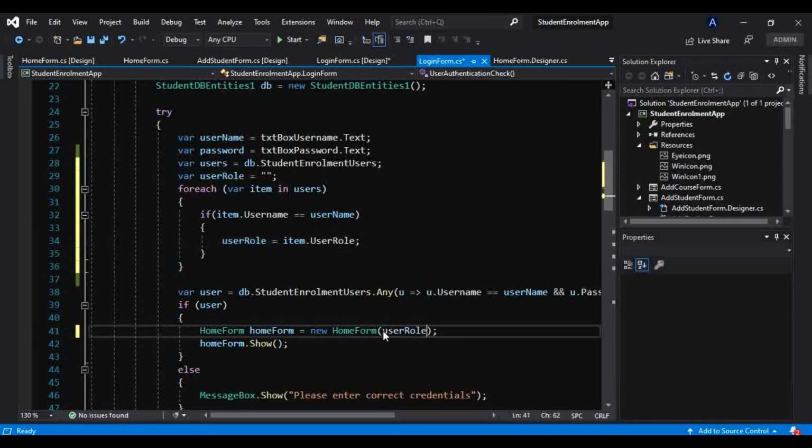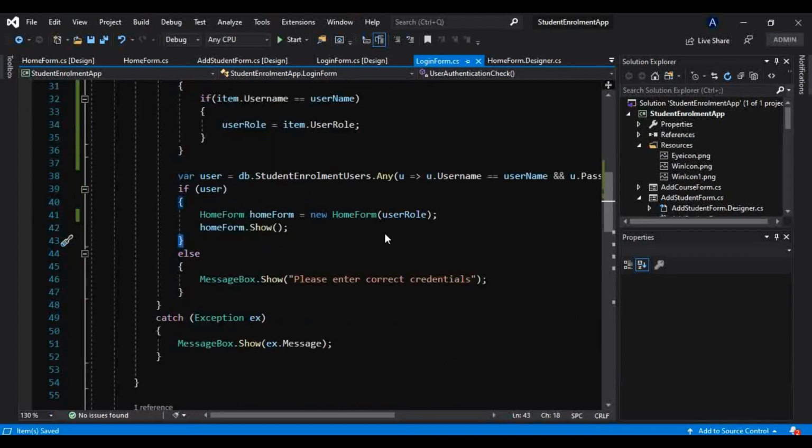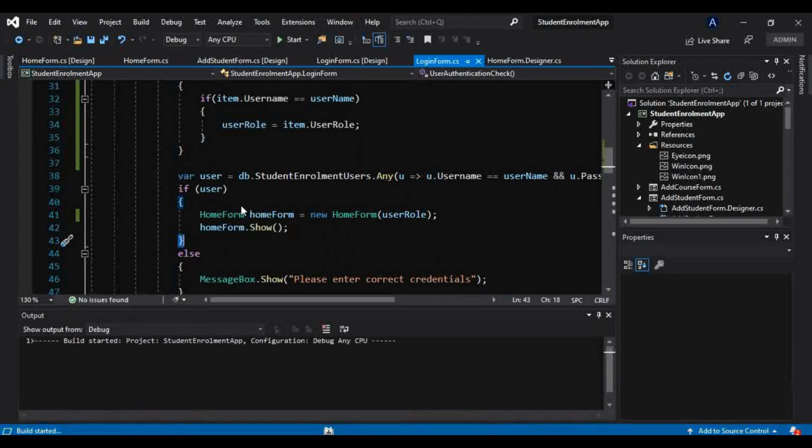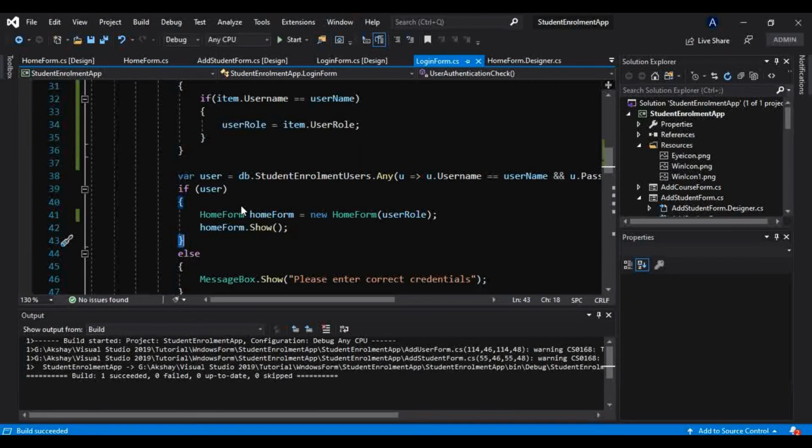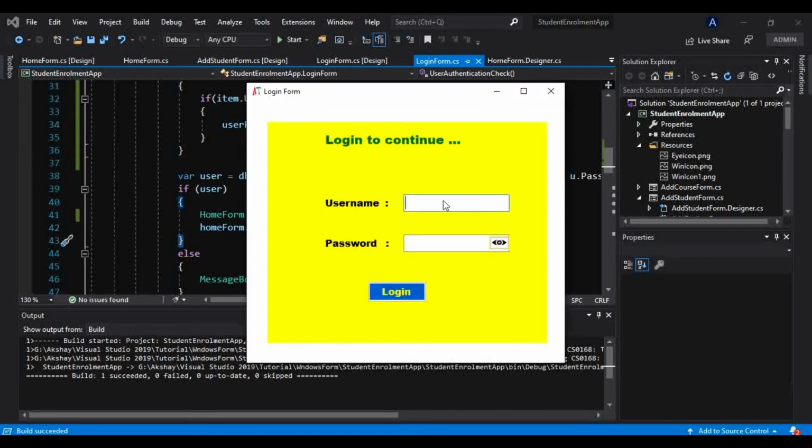Okay, and now we have that user role here, and we are already passing that. Okay, so let me pass that again. I might have removed that. Okay, so now let's just try and run this again without debugging mode, because I know this time it should work. So Akshay B2 and Akshay B2 1994. Let me log in.